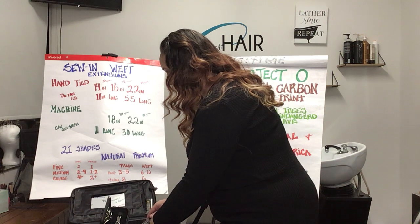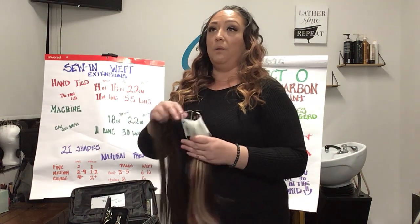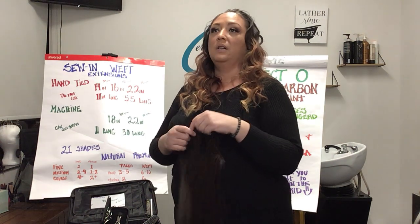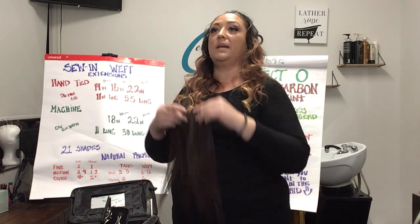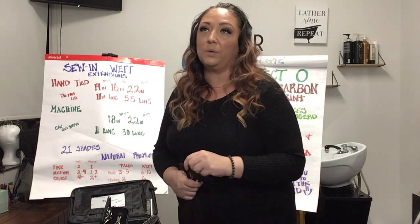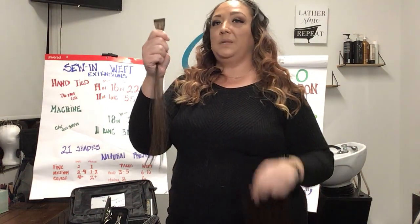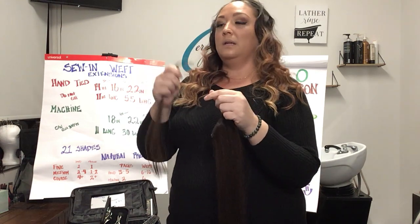All right, so why would we choose weft extensions over tape-in extensions? Why not just do tape-in extensions? Well, wefts actually will cover a bigger area, and the wefts don't have as many points of contact with your actual natural hair, so you see a lot less breakage. It's really good for a clientele that is more of a working out kind of clientele, somebody that is constantly washing their hair or coloring their hair, trying to do something different with their hair. This is going to be a better product versus our tape-in extensions, where those ones leave more gapped areas,